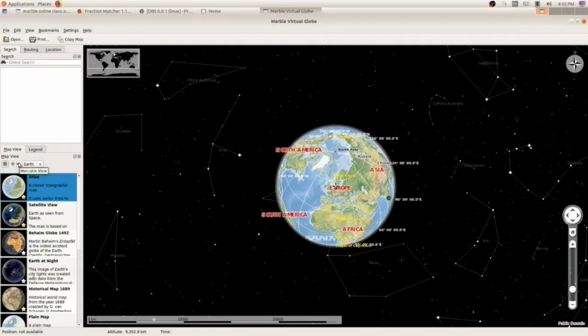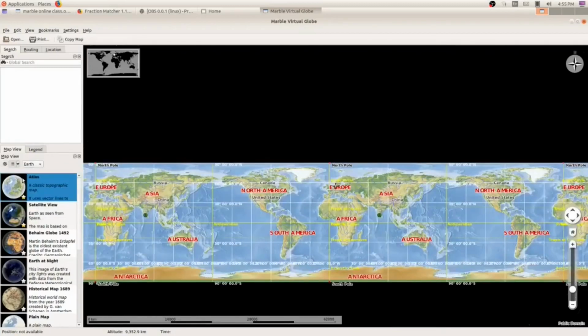The second thing we have to know is that this is the globe view. If you want the flat view, click on this small triangle and select flat view. Again, if you want to change to the globe view, you can see Globe View at the left side, click on that.